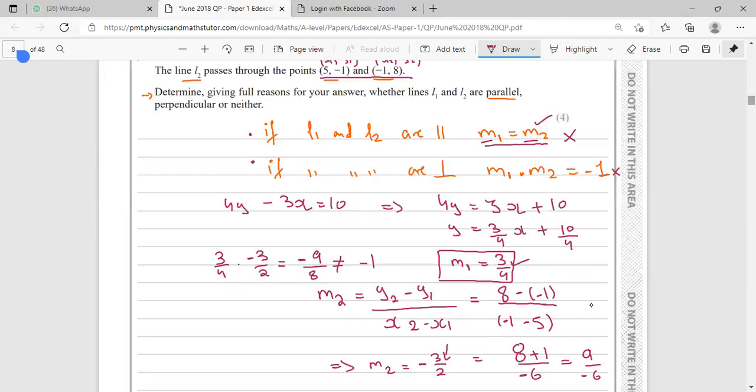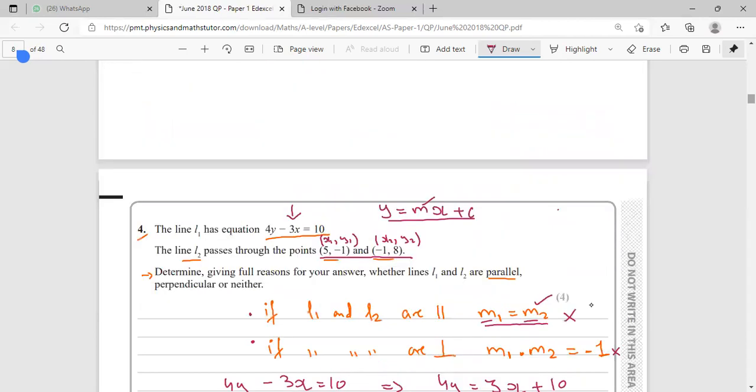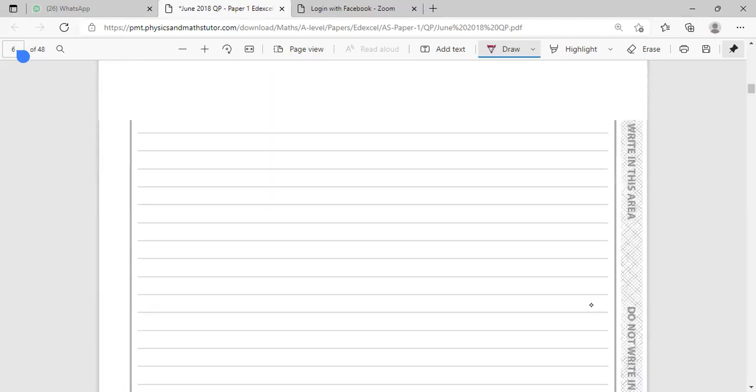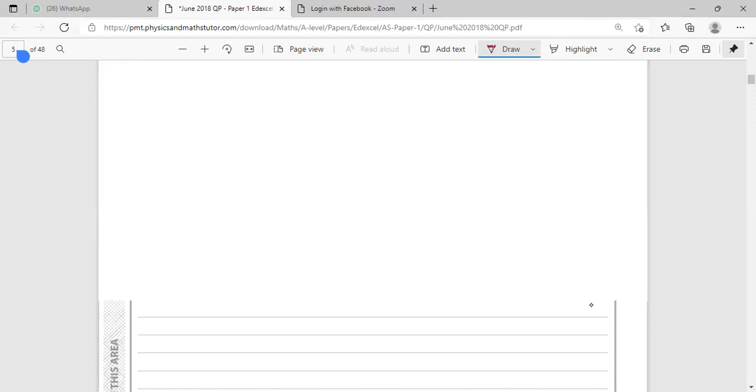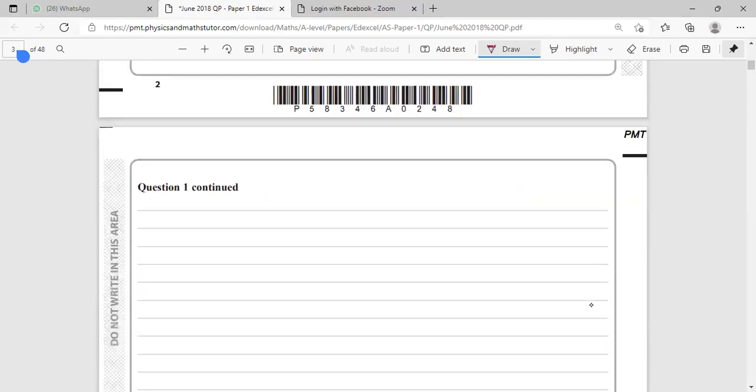So is this example clear? Yep. Yes. Any questions? Anything which you guys would like to ask? No. Okay. Right. So